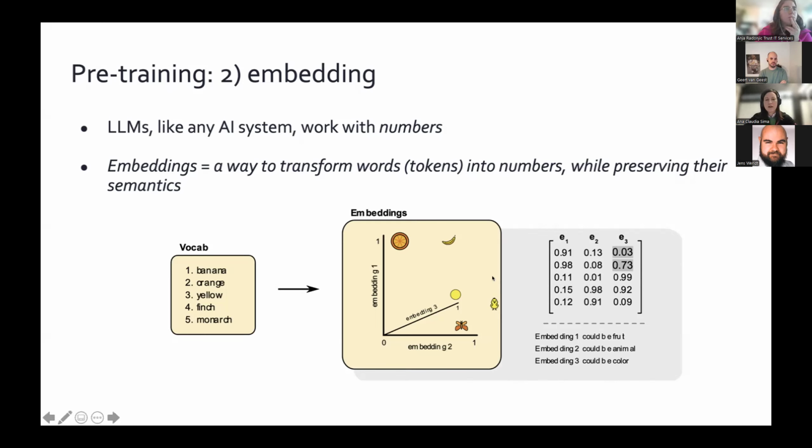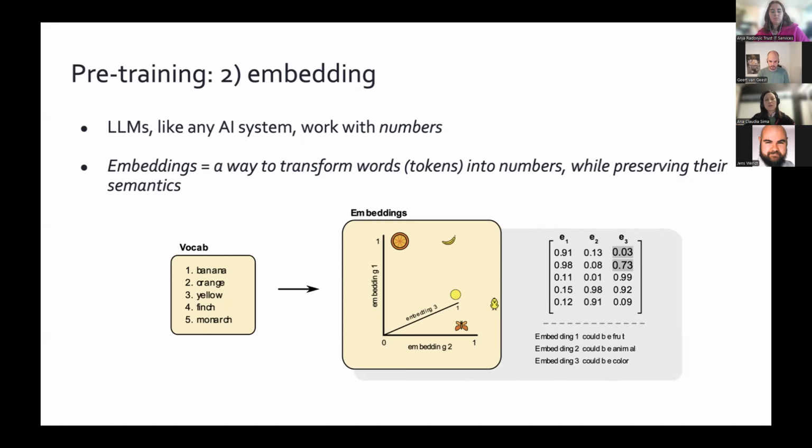Well, for banana and orange, the first and the second word, this is very likely. However, for yellow, for example, this is not the case. So it is a number, let's say between 0 and 1, that will capture the probability that the word has